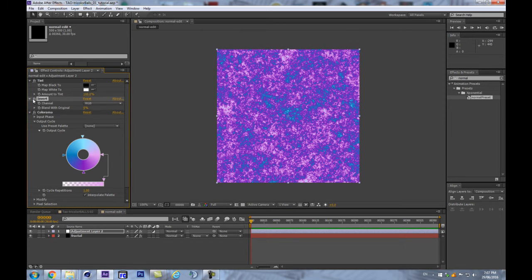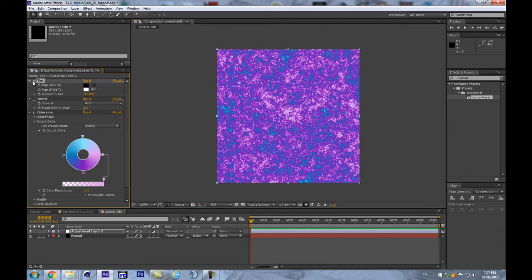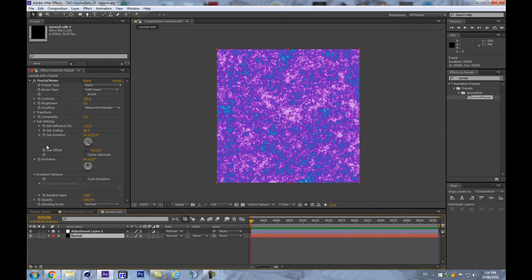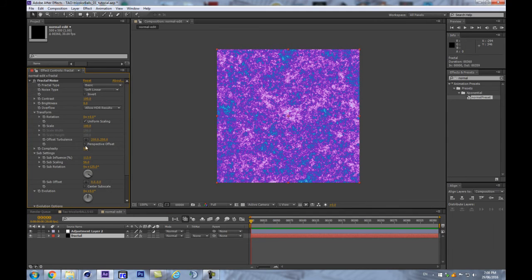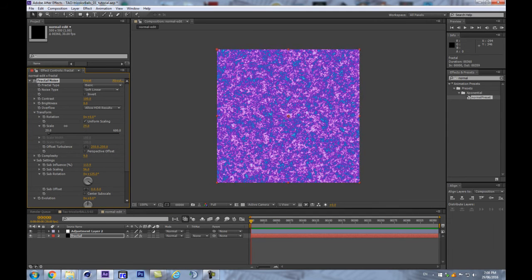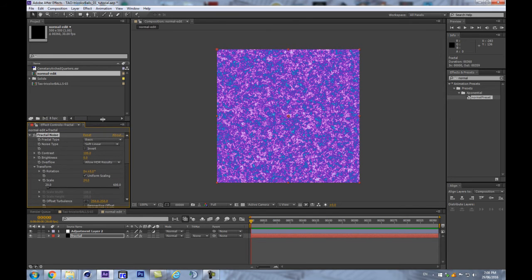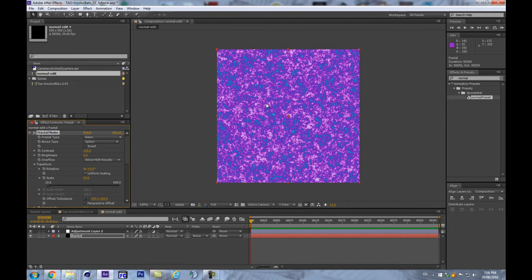So I've inverted it, but this doesn't need to be there, and of course this is just to make sure that it's all grayscale, but it doesn't need to be there as well. So we got this texture map, and we can make it smaller, so let's scale it down. So let's make something like that, and maybe we can set that to spline,